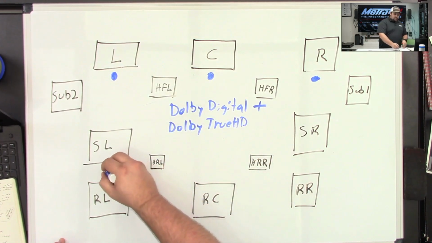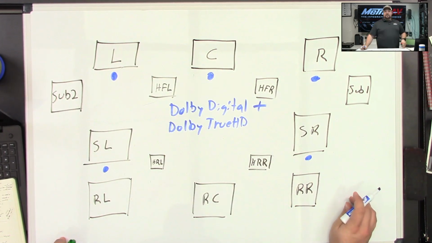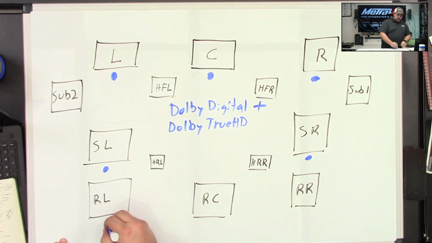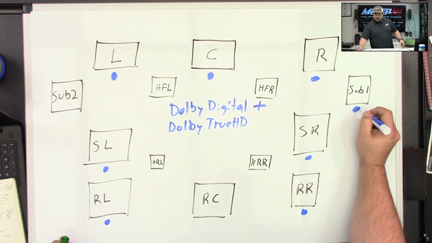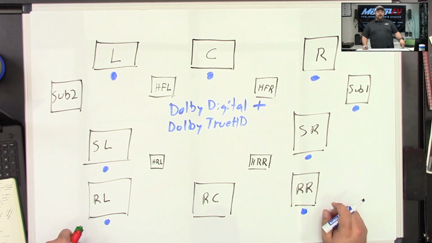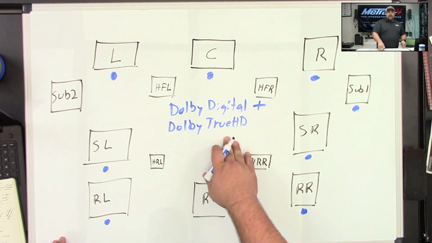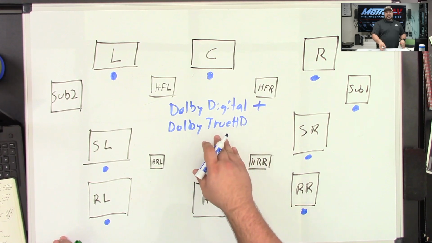We have our surround left and our surround right for the surround stage. And then now we have discrete rear left and rear right channels. And then of course the 7.1, meaning we've got the subwoofer, right? So Dolby Digital Plus and Dolby True HD, the difference though is the amount of data that they take up